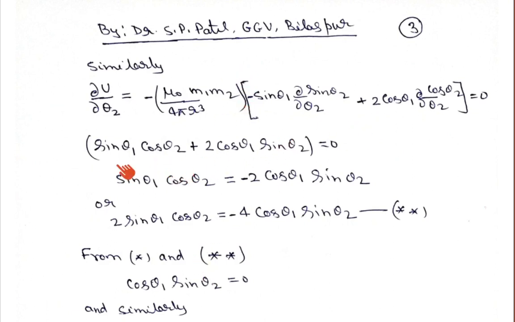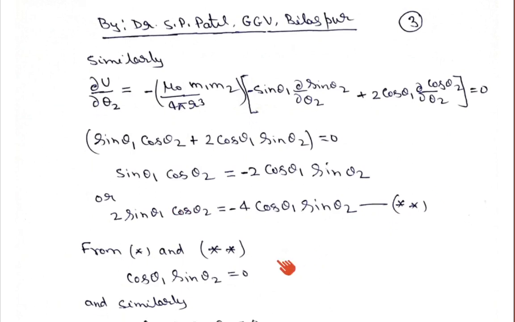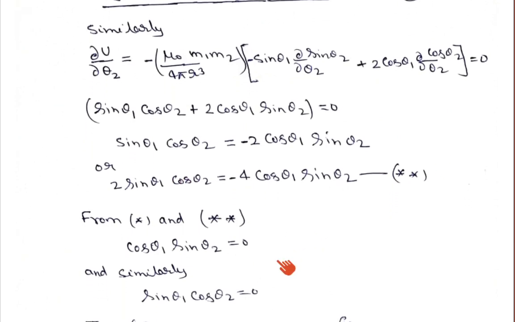So this thing will be equal to 0, then we will get this minus and this will give minus sin theta 1 cos theta 2 plus 2 cos theta 1 sin theta 2. So this will give 2 sin theta 1 cos theta 2 is equal to minus 4 cos theta 1 sin theta 2. Let us say this is the double star equation. Okay. Now if we solve star and double star, then after solving these two equations we can get,